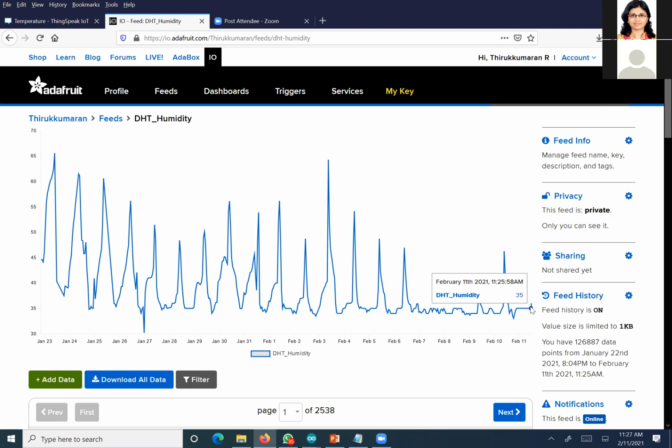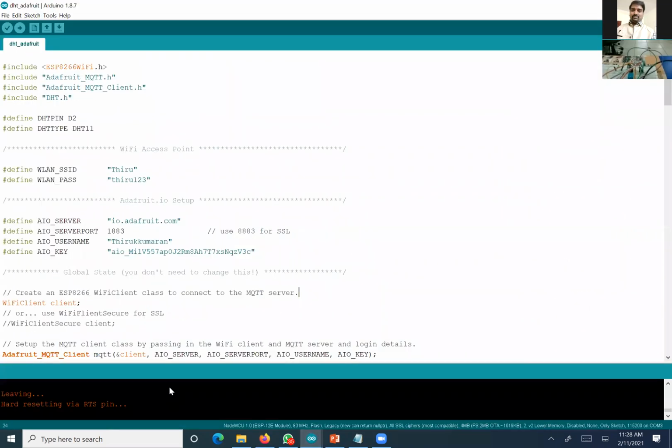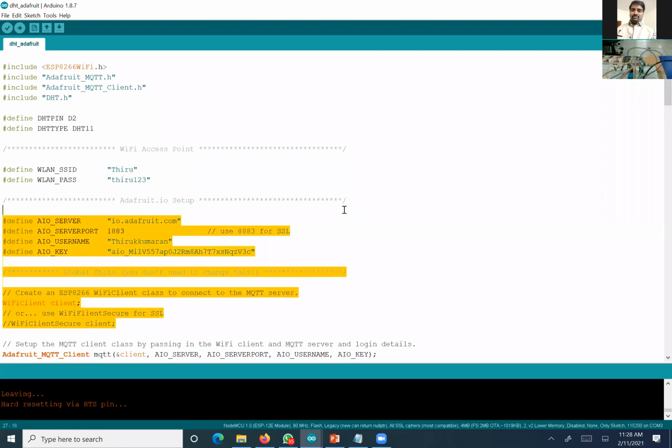Some other devices, for example a servo motor and other specific devices, may have a different library, right? So you have to download the library and include it here. In this example, I use the DHT, which is a separate device, so I also use the DHT library. You have to include the library in the Arduino IDE. Then we can simply call the functions. The library itself contains the program code. We just call the functions and make use of them, right?